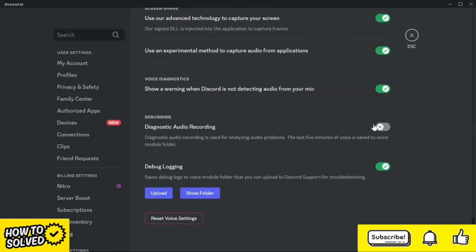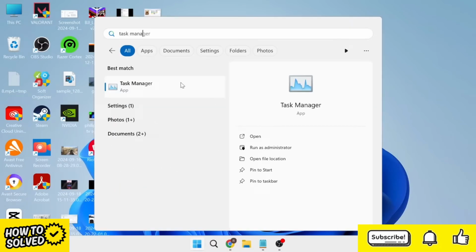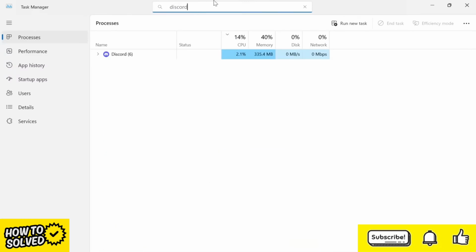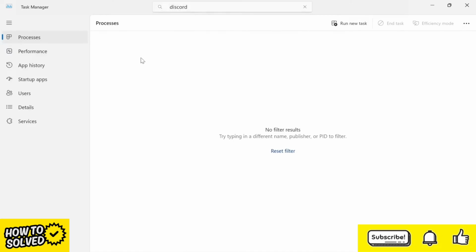Once you've reset your voice settings, you can close out of the Discord application. And then we'll need to come over to the Start menu and search for Task Manager and click on the Task Manager window. In the search box at the top, search for Discord, and you just need to close down any processes relating to Discord. So you can see I have this one here. When I right click on this and select End Task,